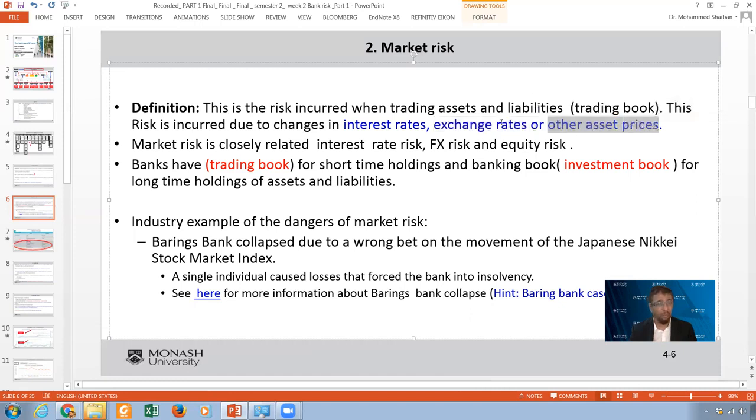In other words, if we are talking about market risk, we are talking about our holdings and investments that we keep on the trading book, which means we trade them on a daily or weekly basis. When we acquire those assets, whatever they are, we can trade foreign exchange, we can trade currencies, we can trade equities, we can trade derivatives, we can trade bonds, stocks, and even commodities like steel and oil, all those issues.